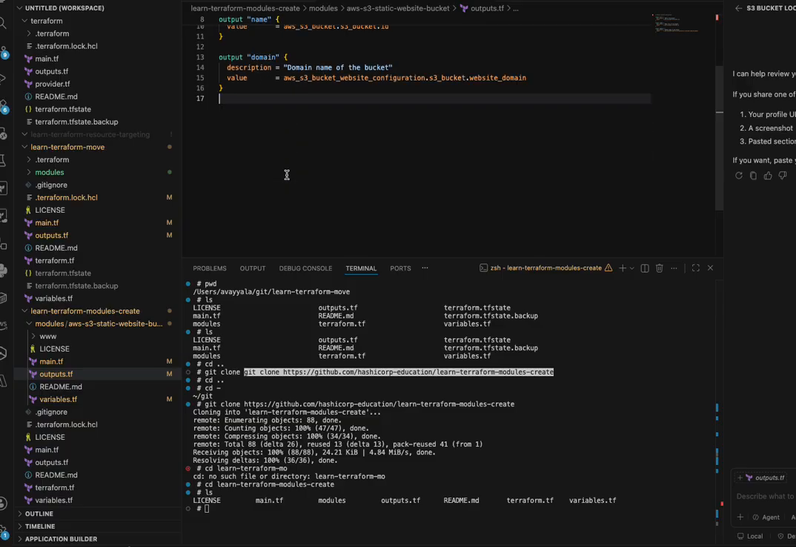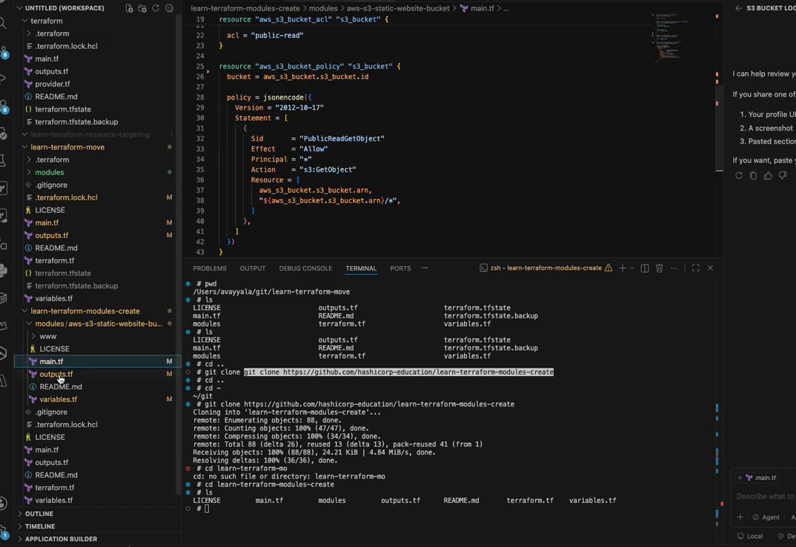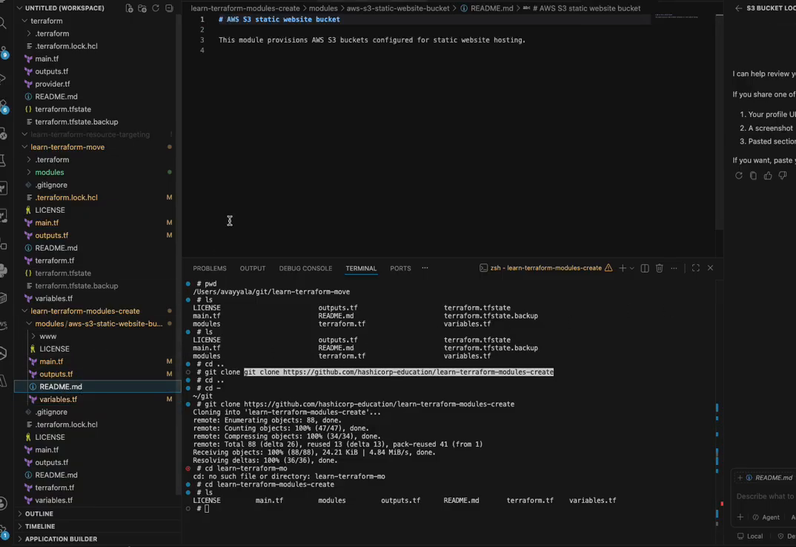So yeah, these are the main things: your main, your outputs, and your variables. And then you also have your readme and license, which I kept as it is because it's just a readme file. But also Terraform itself does not use your readme. But then